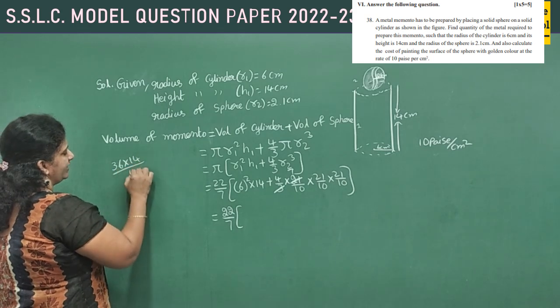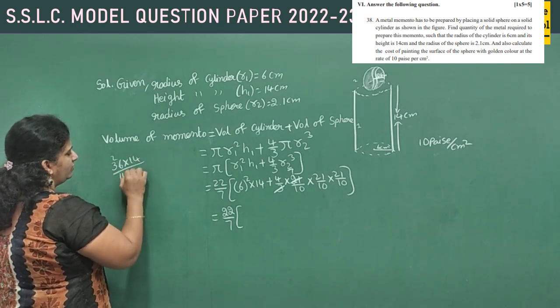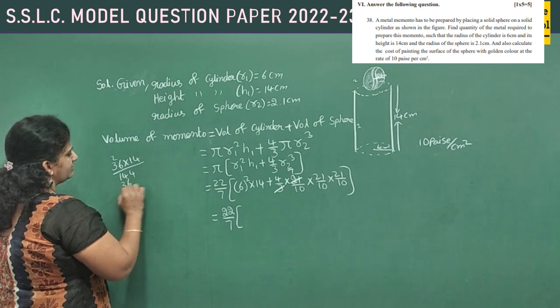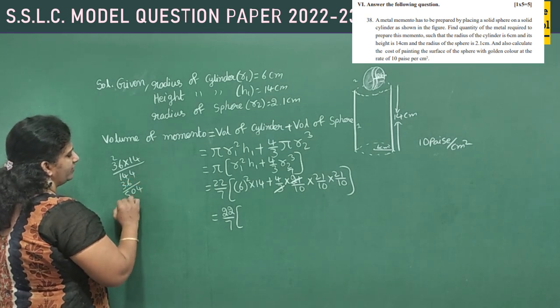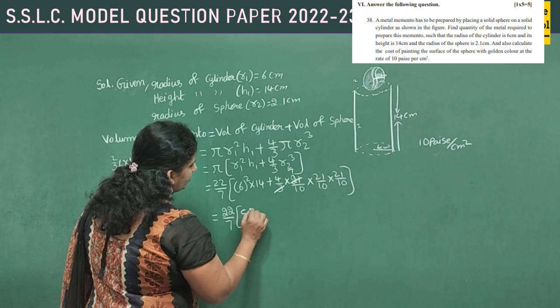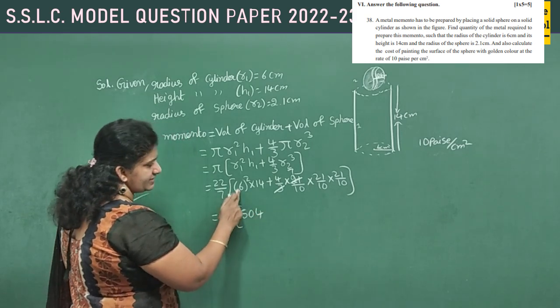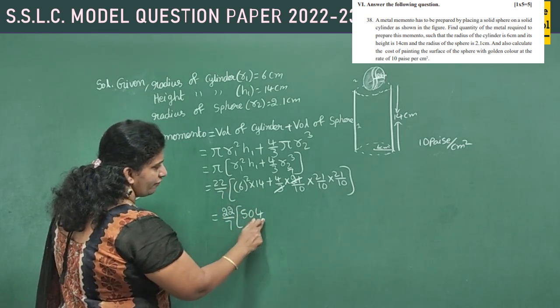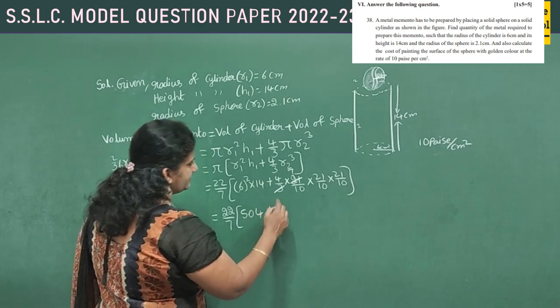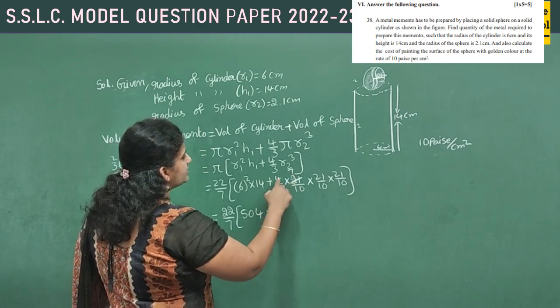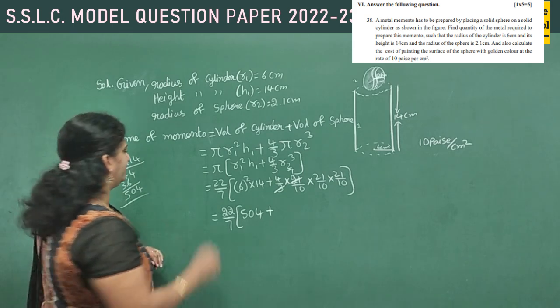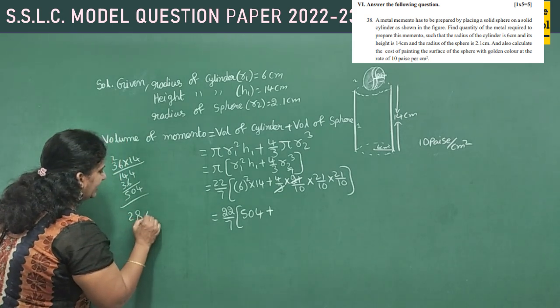4 6 24, 12, 14. And this is 36, 4, 10, 5, 504. See, 6 6 36. 36 into 14 is 504. Plus, multiply this, children. 7 4s are 28. 28 into